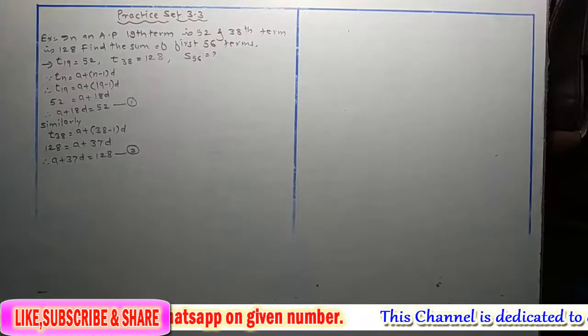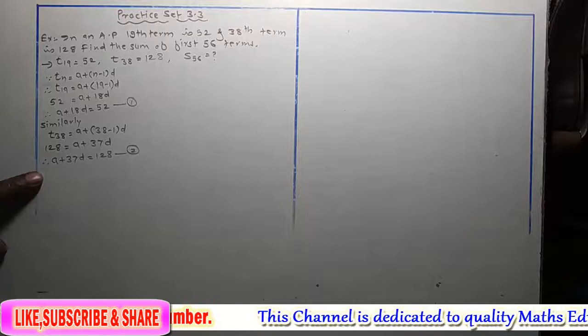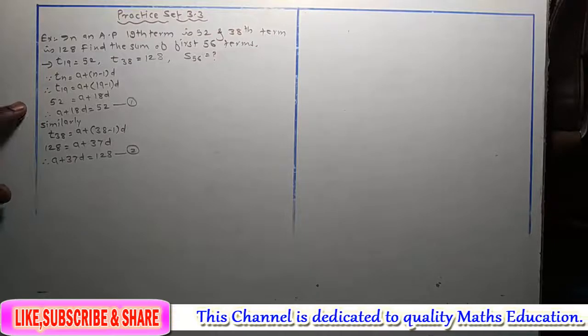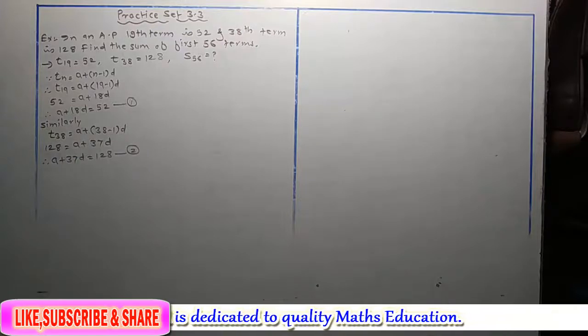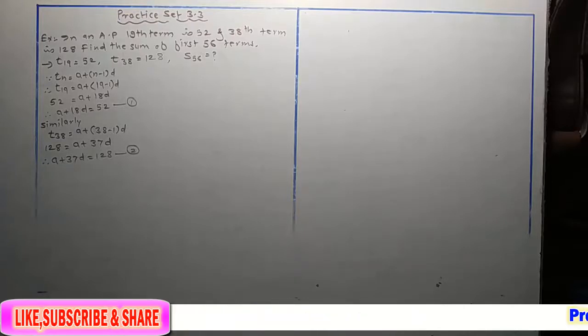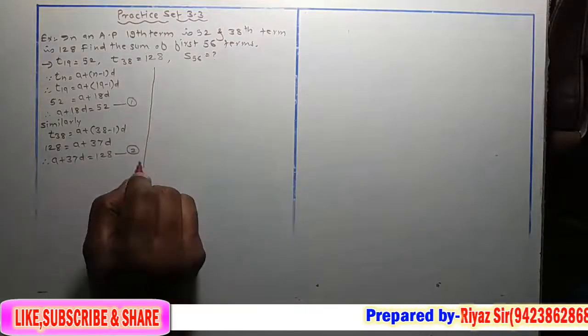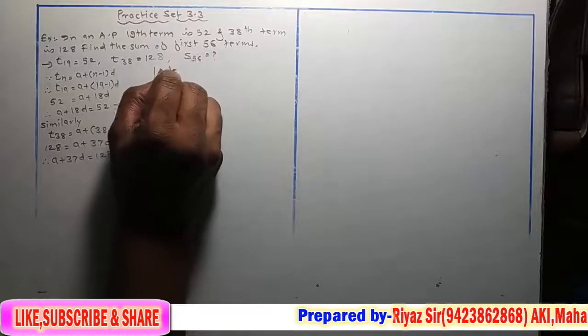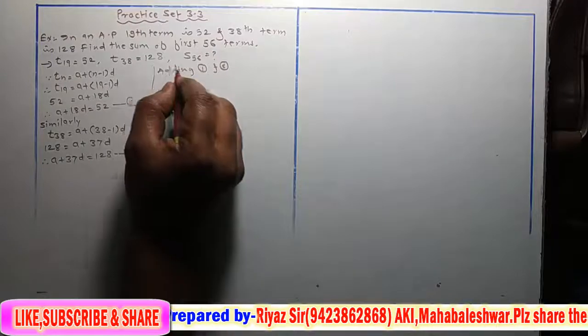So here we got simultaneous equations in A and D. Equation 1 and equation 2 are simultaneous equations in A and D, and we know how to solve these two equations. Okay, so what will you do, you will solve these two equations simultaneously, right, but not like that in this example. Okay, what you have to do here is, adding equations 1 and 2, we will add equations 1 and 2.